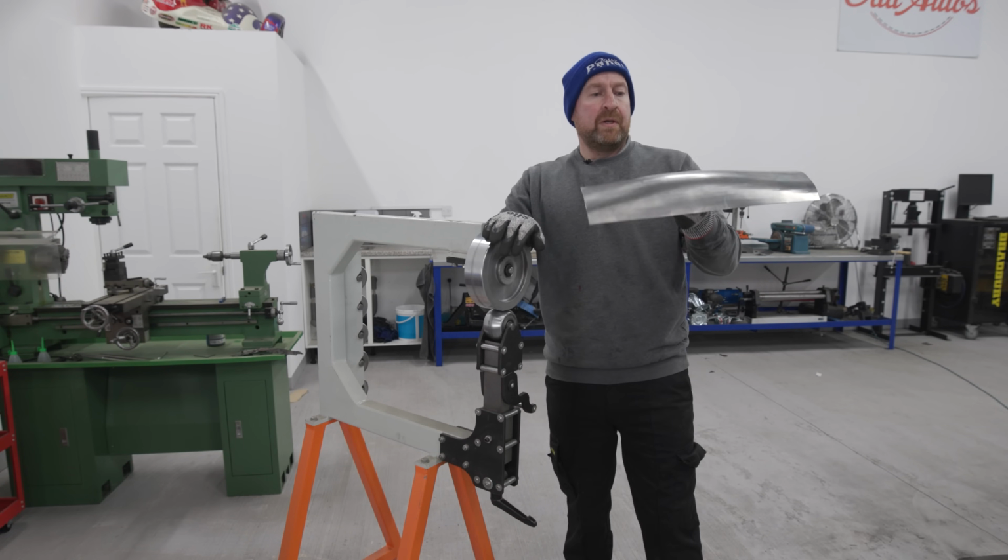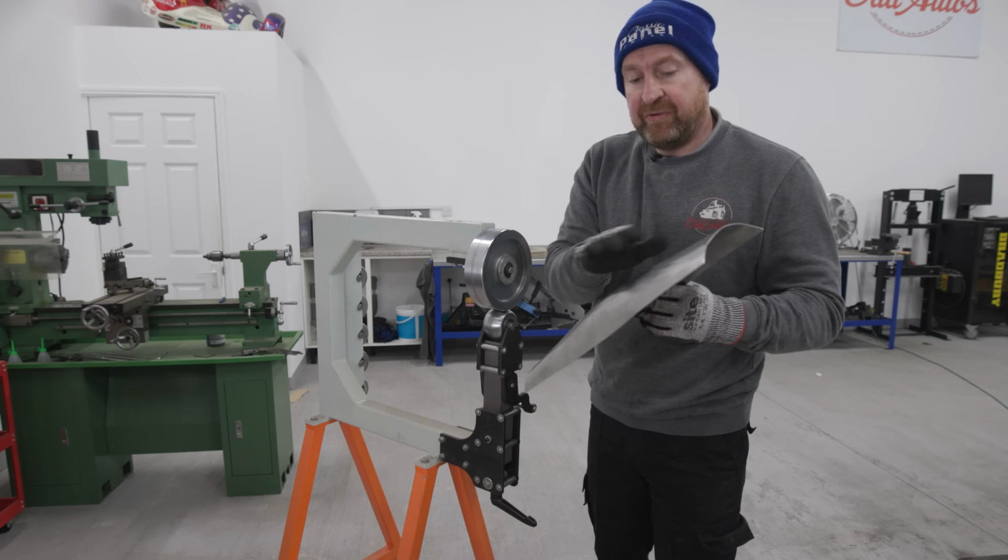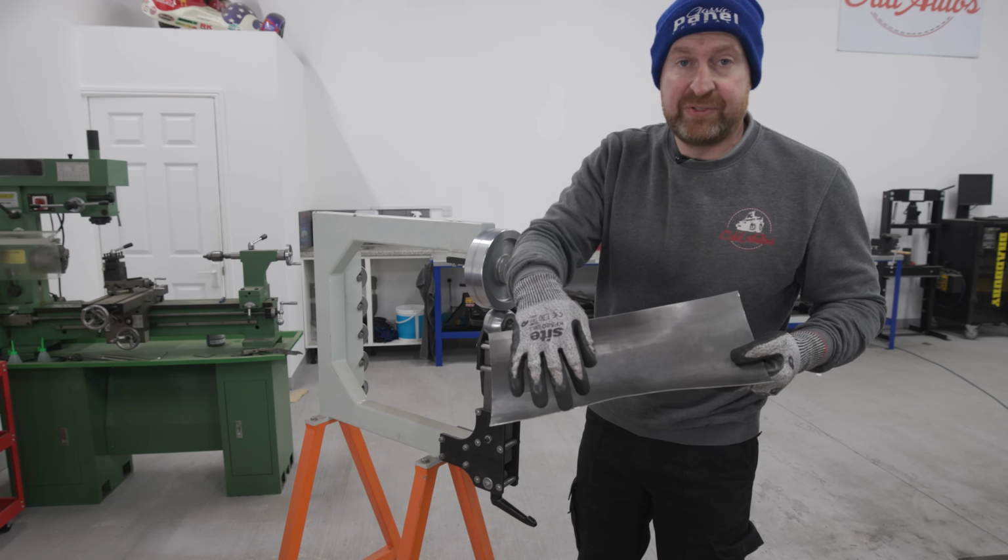Right, we now have our curve. You can tell it's curving because the sides are